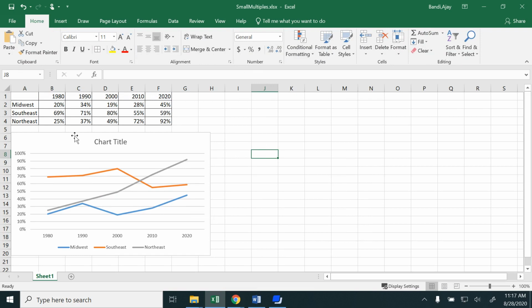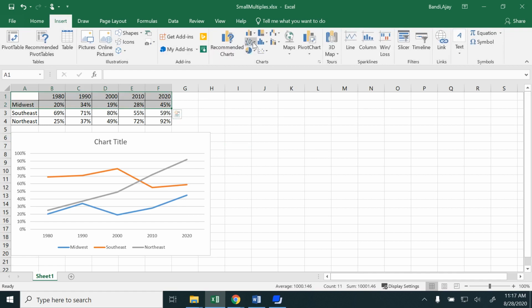Now what we need to do is create a small multiples graph, which allows the user to view each and every line in a separate graph using the same axis and the same scale. Let me do that for you. Assume that you have many regions here, more than three. At that time you have to do more manual work, but I have only three here, so let me show you. Select the first two records of the data, and insert a chart